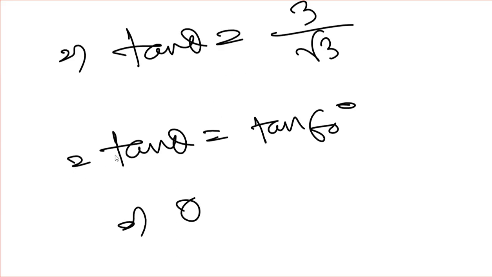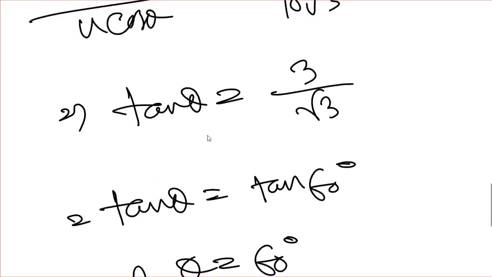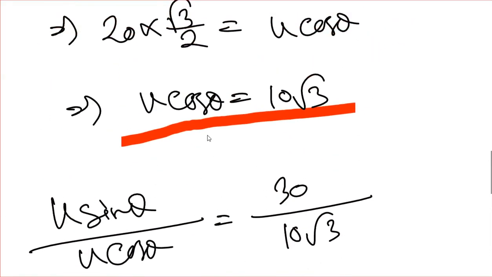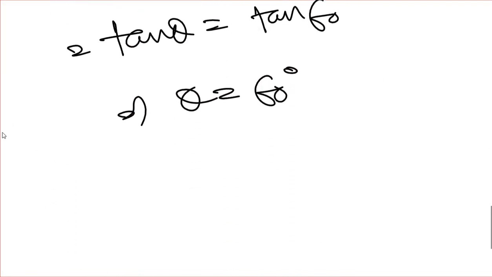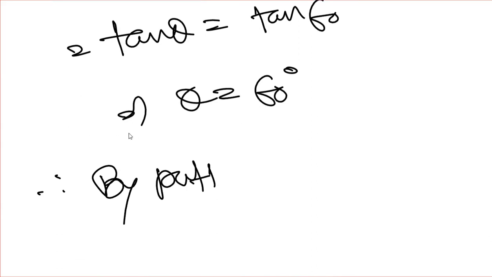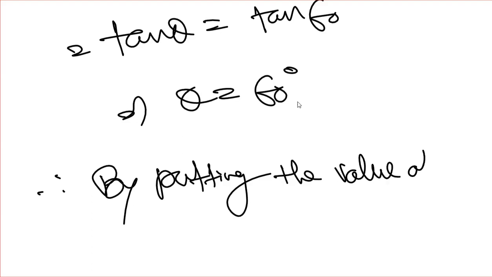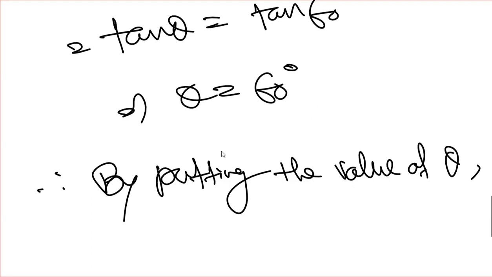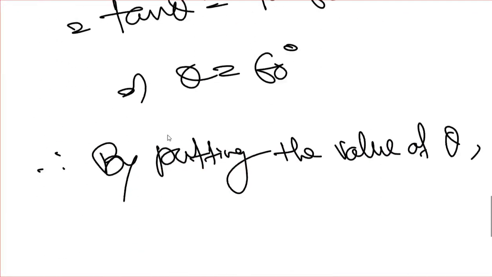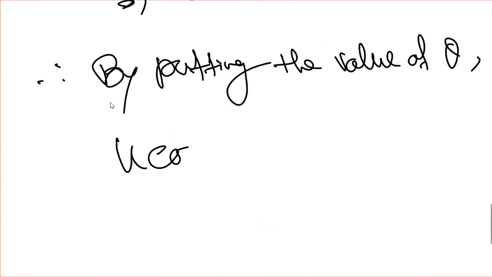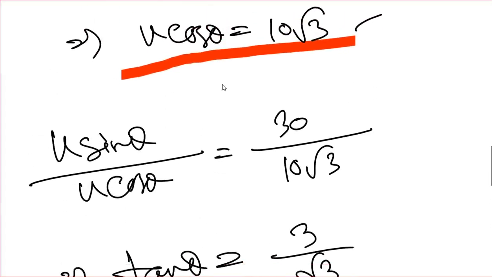So here come out to be theta will be 60 degree. Okay, so if we put the value of theta in this equation, it will be by putting the value of theta, it will be u cos 60 degree will be